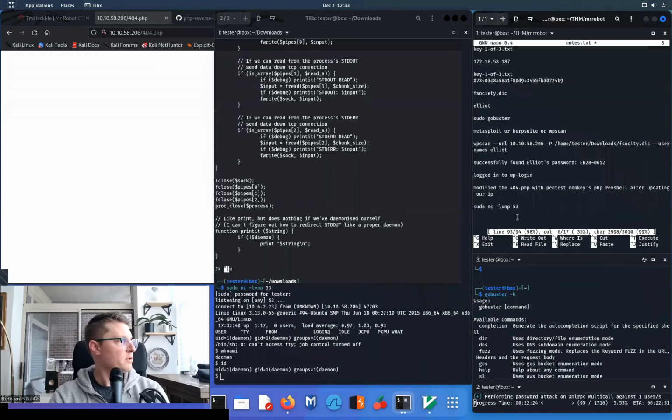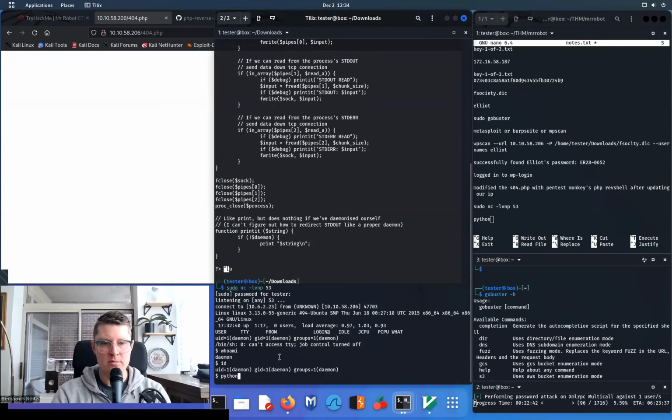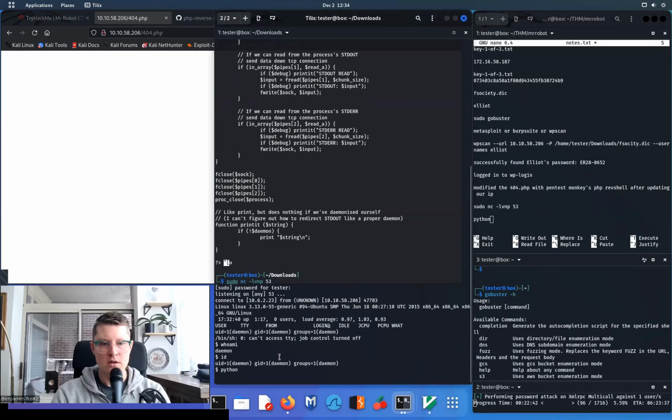All right, so here are those commands to stabilize our shell. The first one, we're going to be using Python. Let's make sure we have Python on this machine. If we don't, we'll have to use a different command or,